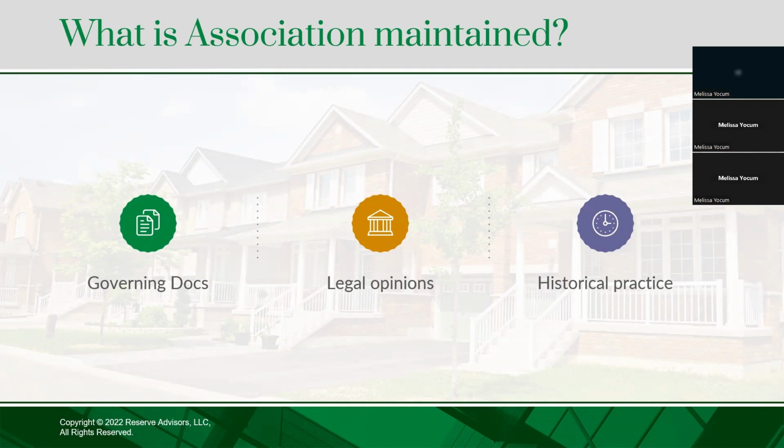There might be a perimeter fence that a neighboring community is responsible for. However, your association paints your side of the fence. Or maybe there is a component, let's say the mailboxes, even though USPS owns them, historically, they haven't maintained them quite to the association standard, so the association has taken over ownership of those. That historical practice is something that we'll work with you on during preparation of the reserve study to understand how you currently handle those sorts of projects.